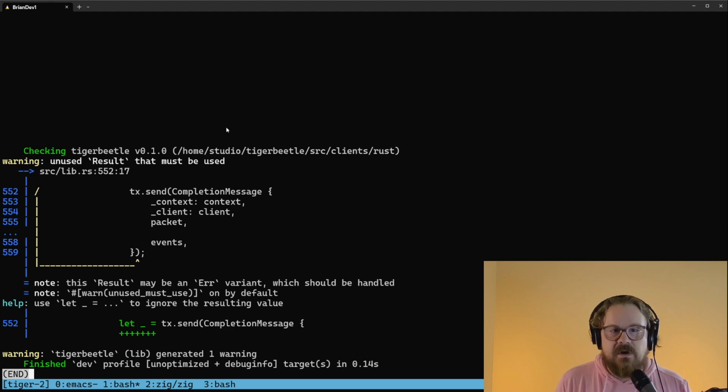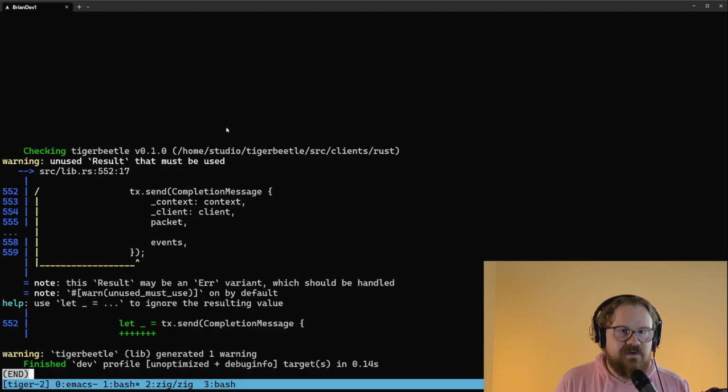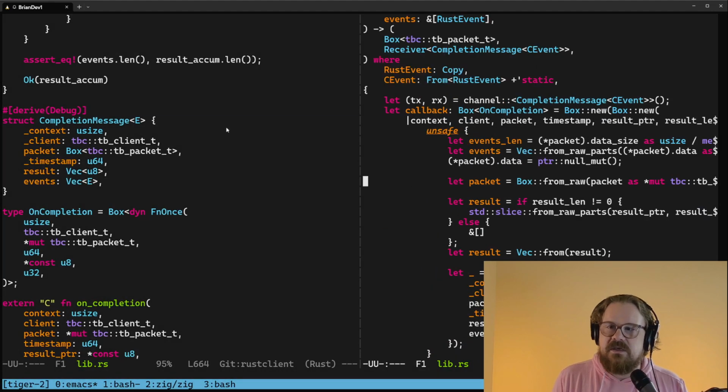All right, there's only one more warning remaining. So here's an unused result. That's a good warning to look at. I think that was just the same code we were just looking at. Line 552. Yep, exactly, right here. It's possible this send will fail, and we have not accounted for that. It's okay if this send fails. That means the main thread disappeared. And we have structured this code to account for that already. We just need to indicate syntactically that we've thought about what happens if this message doesn't actually send. All of these allocations will immediately free over here,